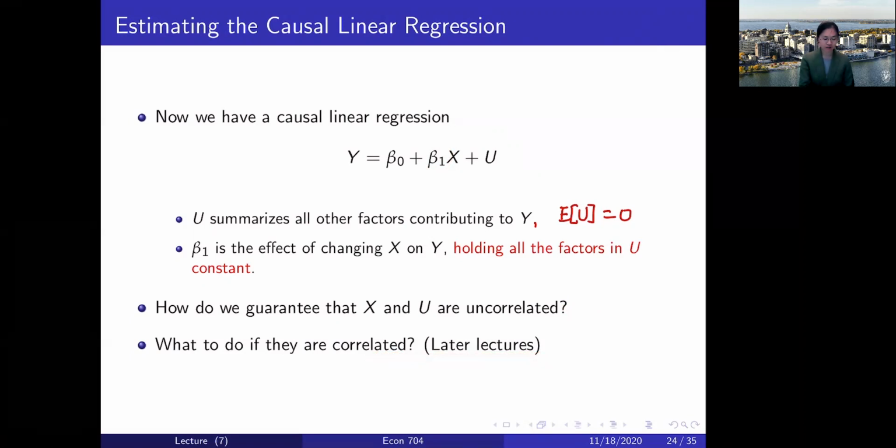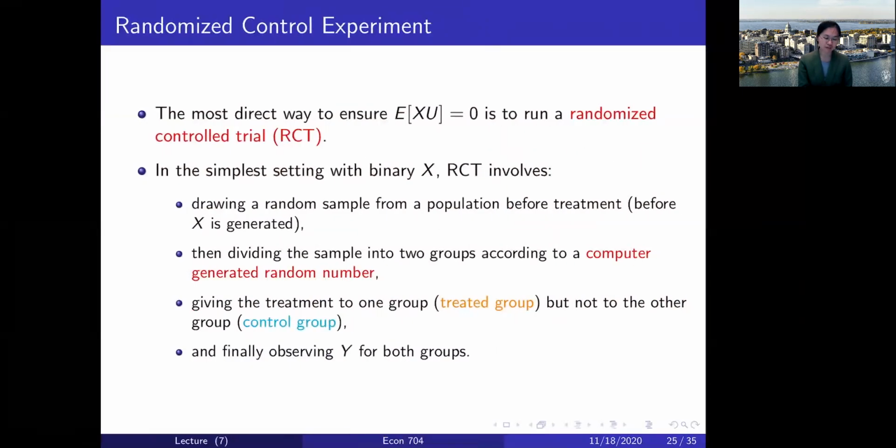So the way to guarantee X and U to be uncorrelated that we're going to talk about is by randomized control trial. And this RCT is the most direct way to ensure the orthogonality condition. So what is RCT? There are many ways to do RCT, but in the most simple setting with a binary treatment variable X,